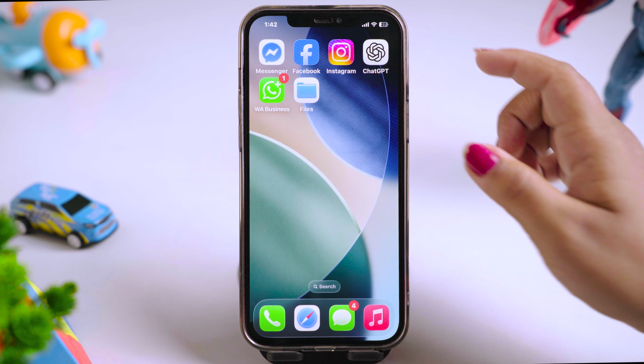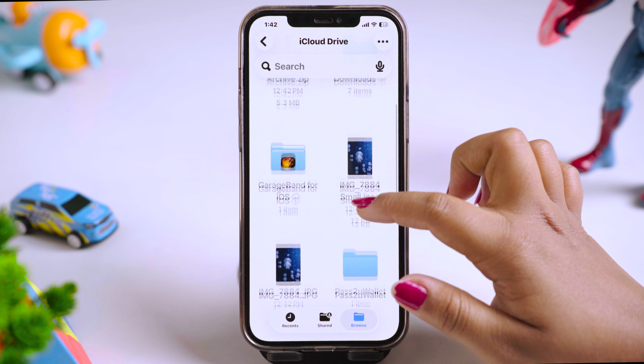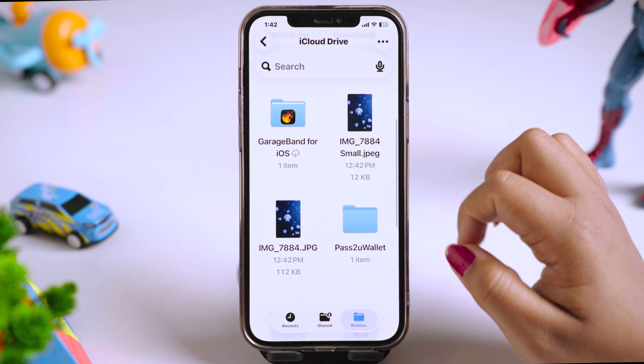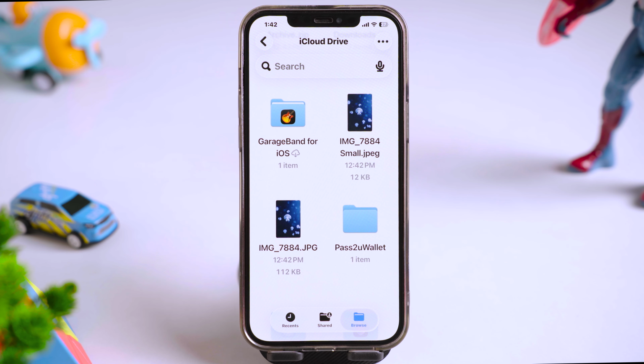So first of all, I'm going to open the Files application, and in here you can see I have these documents and I want to hide these two documents. There's no direct way of hiding them, but what you can do is compress these files into a zip